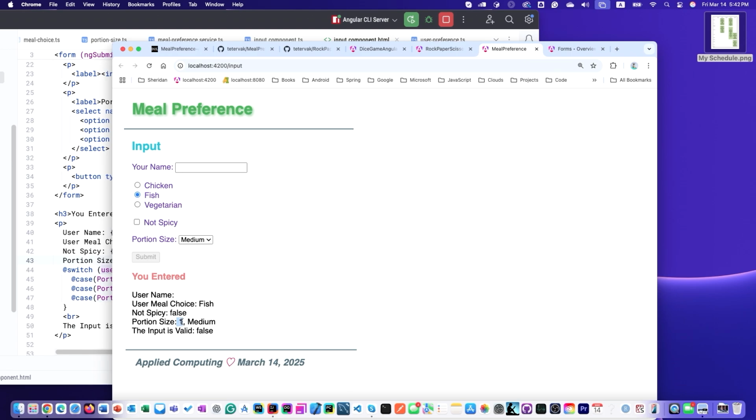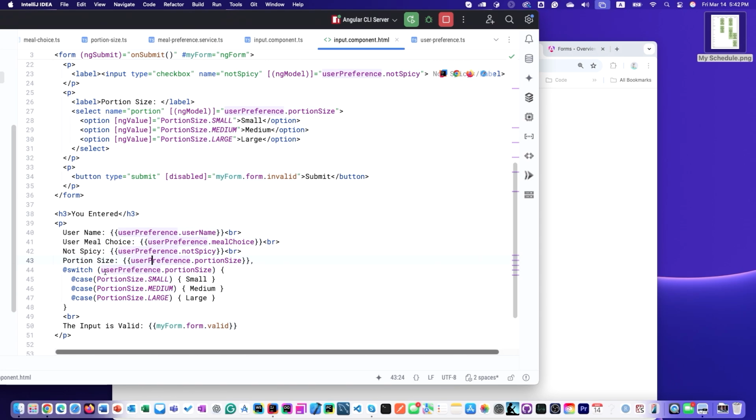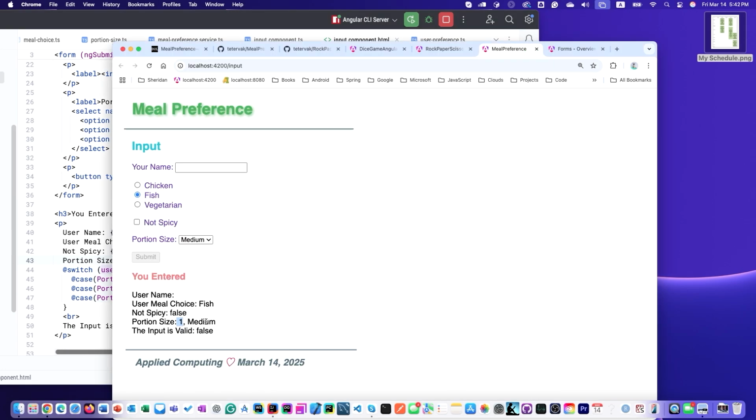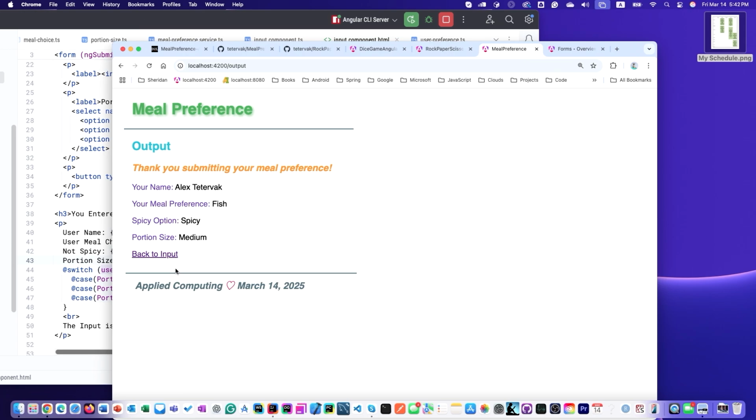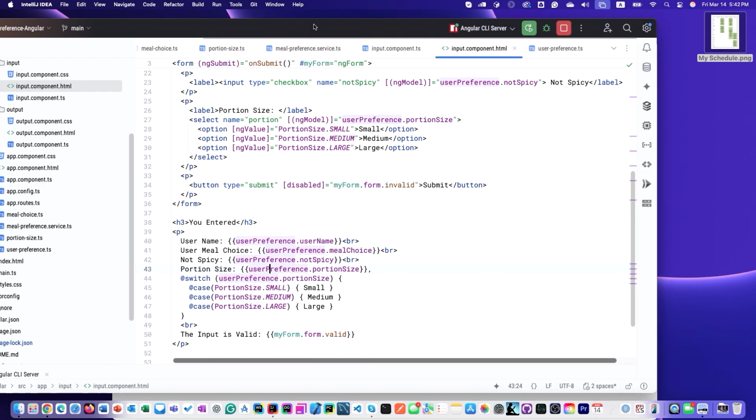And this is coming from switch, based on that portion size. You see small, medium, large. It is coming from switch. So this is the result of the switching. Okay. So when input is valid, it is going into a service, right? And this is just displaying data from the service. So output